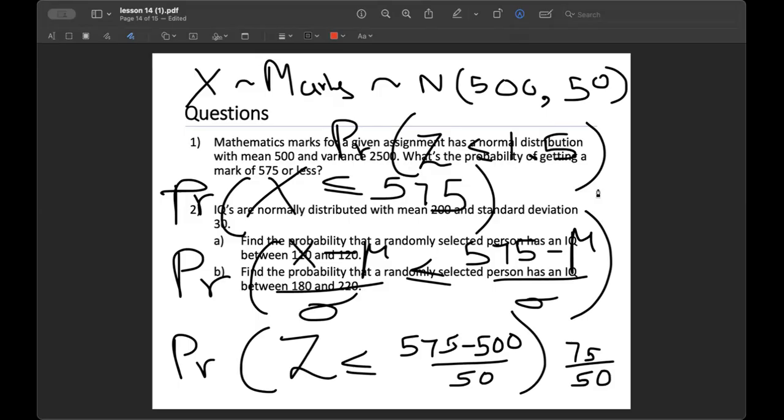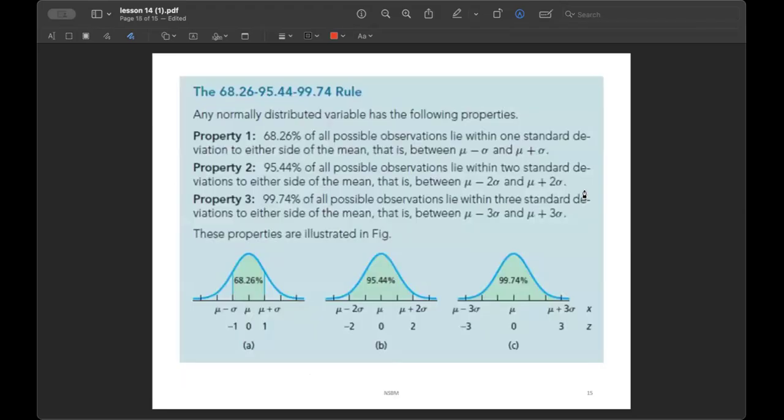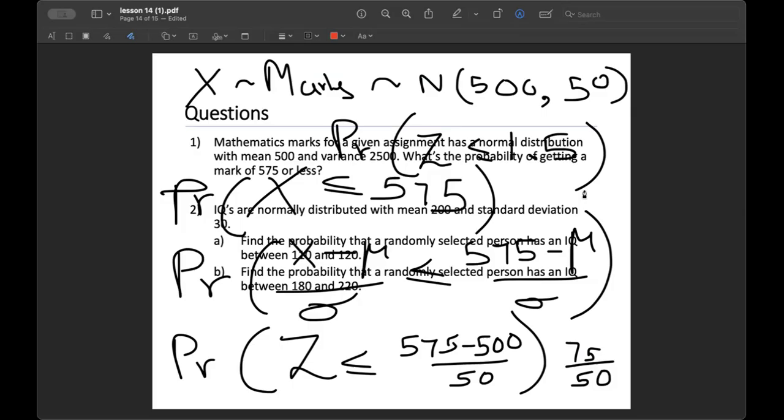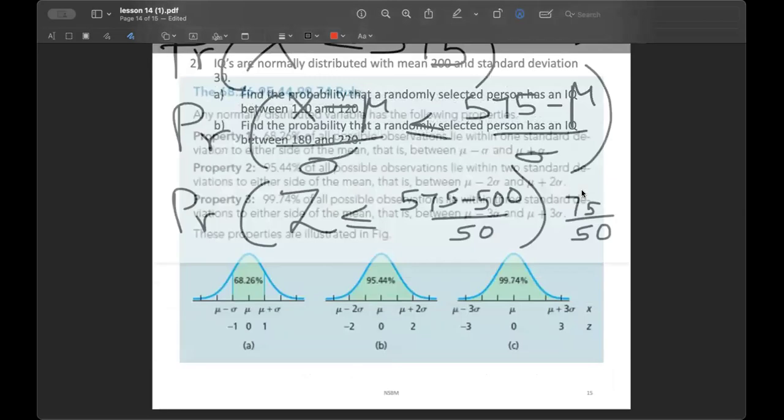So then, probability of Z less than or equal to 1.5. Once we have this, see, now this is less than or equal to, you can directly read it from the table. Why? See